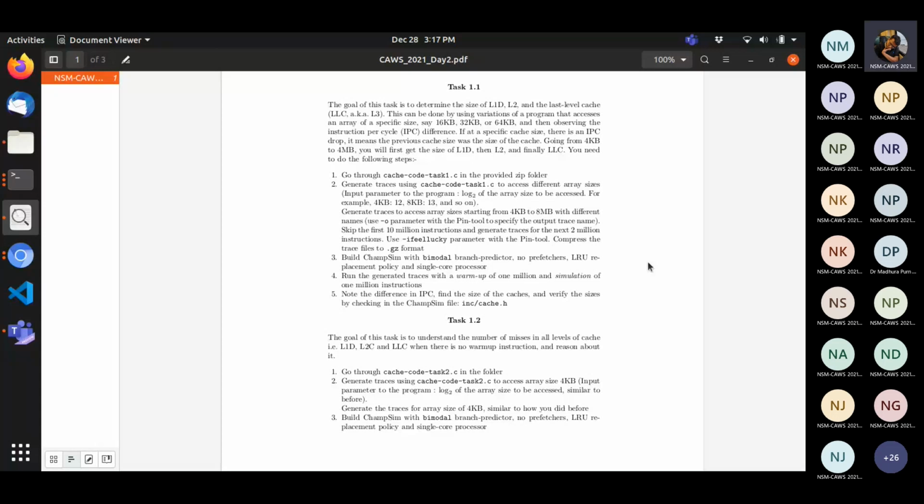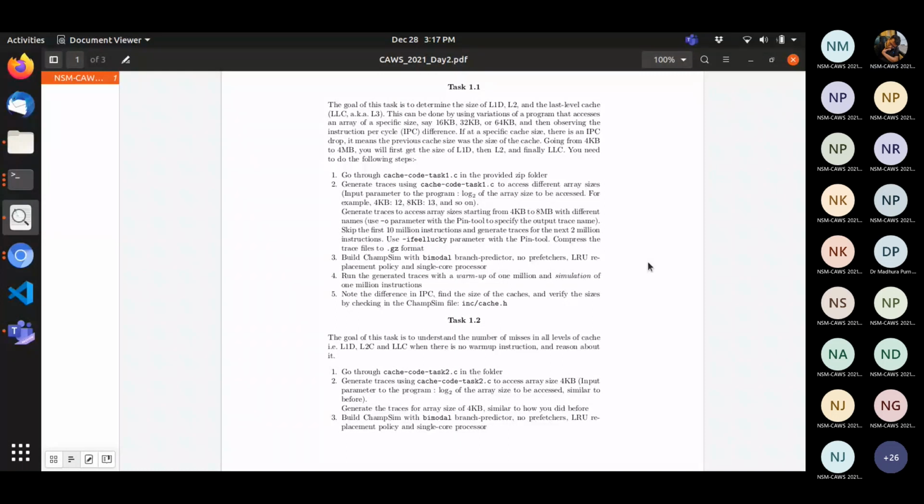So how many of you are done with task 1.1? Is there anyone who is done or all are struggling? I think I'm done, but I have a doubt. I don't think I'm allowed to share screen. It's not an exam, right? In terms of logistics, I don't know. Maybe we can wait for other people to finish. We can discuss it maybe after half an hour or so, at 3:45.